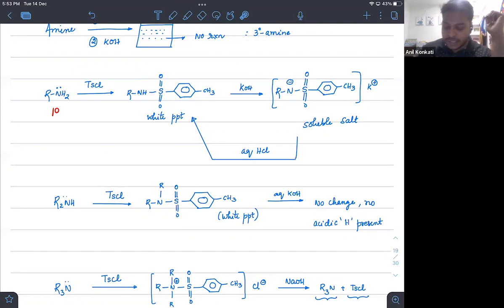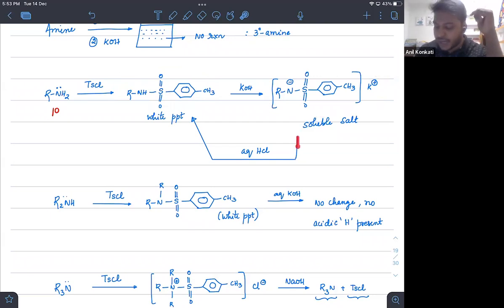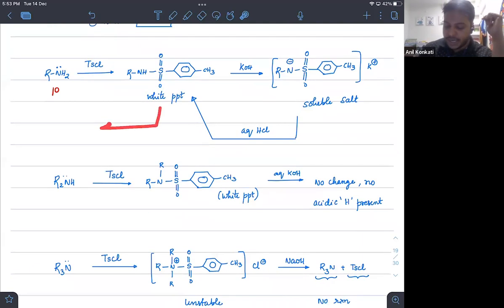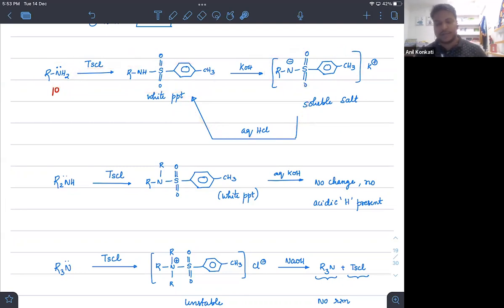So the 1 degree journey starts from here, it will go here, but it won't stay here for long because you are using KOH or NaOH, so it will become a salt form. Now in the salt form, if you add aqueous HCl, then this precipitate will form again. Clear? I hope all of you understood that. So if this precipitate is again treated with NaOH, you will again get the soluble form. So you get a loop here. You can clearly make out that from 1 degree you get a soluble form, and from the soluble form you get a precipitate form. So that is a 1 degree amine.